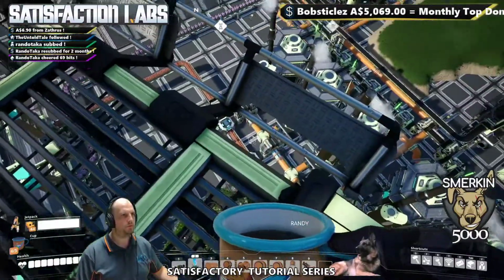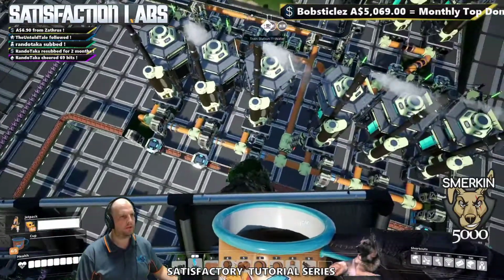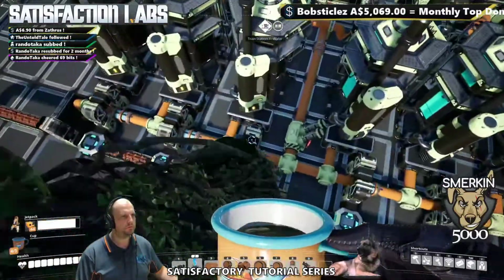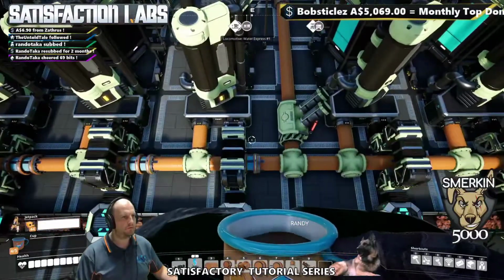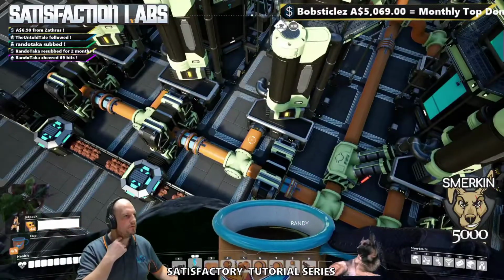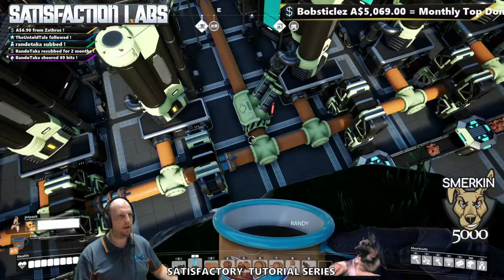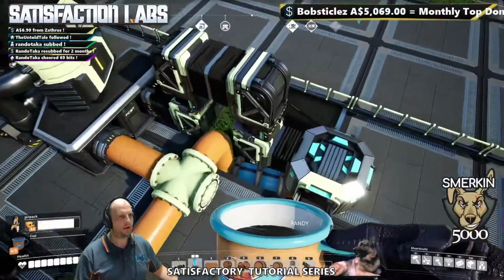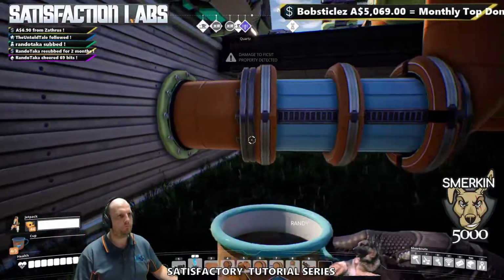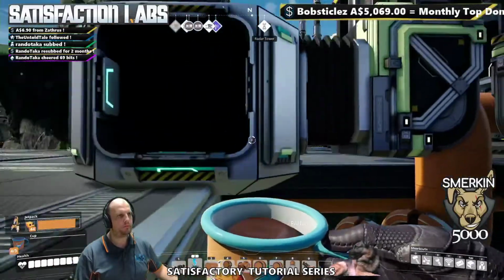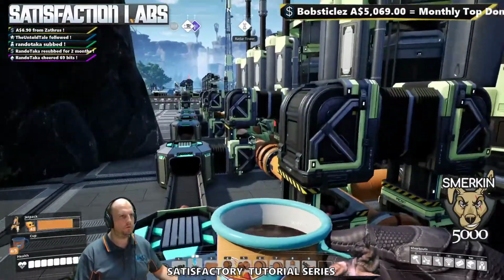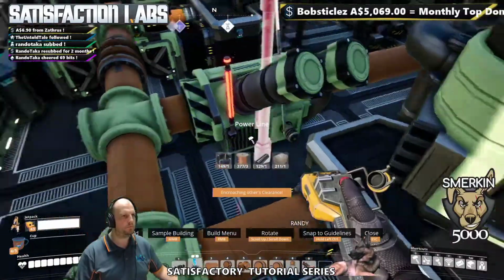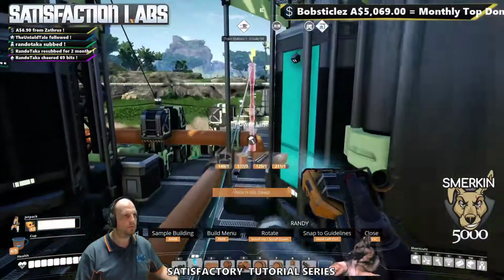So starting off with, we have got the bauxite coming in the line here, and it's feeding into these 6 refineries. There is a requirement of 600 water coming in total. The 600 water comes in underneath from 2 separate pipes. There's one here and one at the other end, but also there is, and I did miss powering this on. This one needs to be powered on because this is the